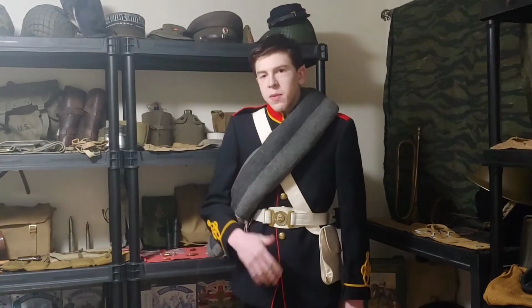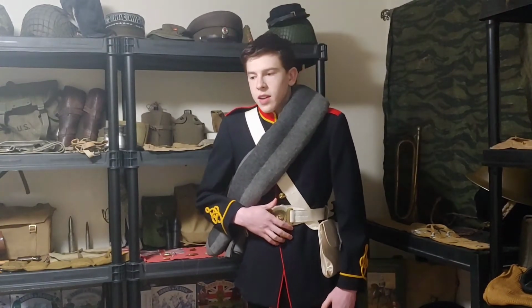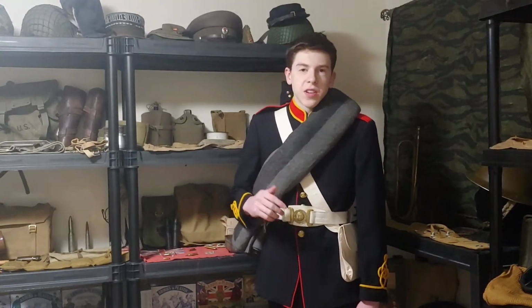But that about covers it for the basics. I also need an ammunition pouch, a black one slung over the shoulder, set on the rear hip. But once I have this impression complete,